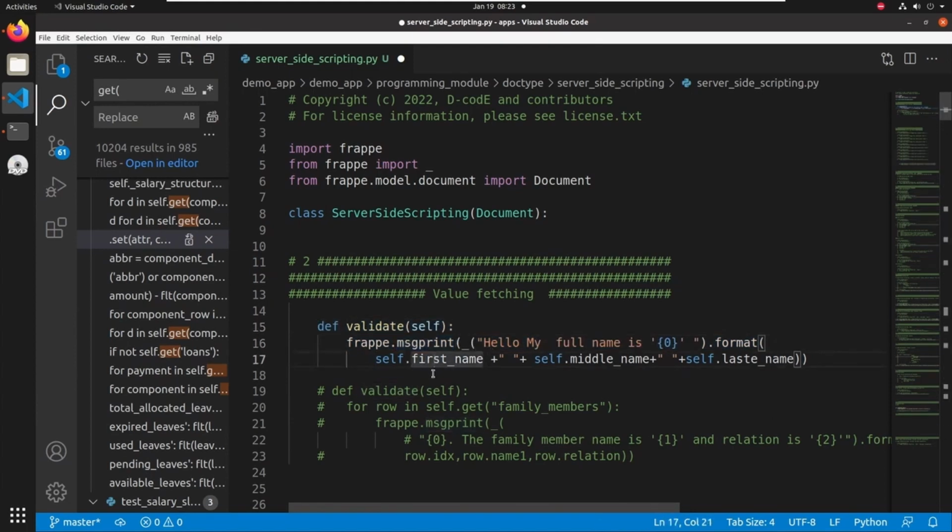To fetch the first name field value, we can use this keyword self.firstname, and this will return the value present in the first name field. And in another example, if we want to fetch the middle name field value, we can use self.middlename. In this message print function, I am using first name, middle name, and last name to get the full name. So let's see how it is working. I'm saving this and